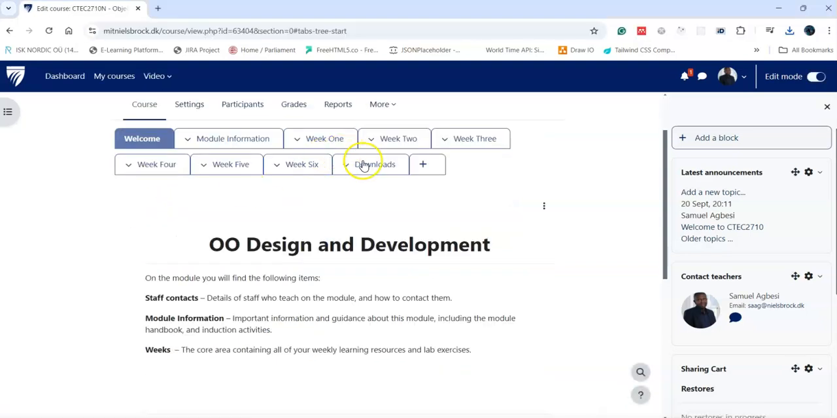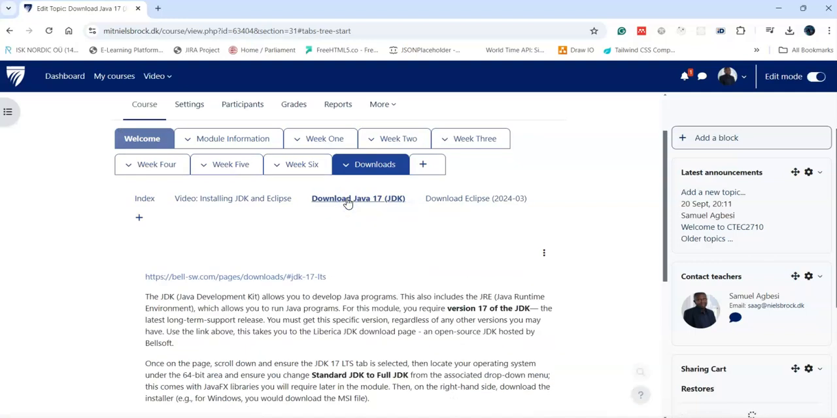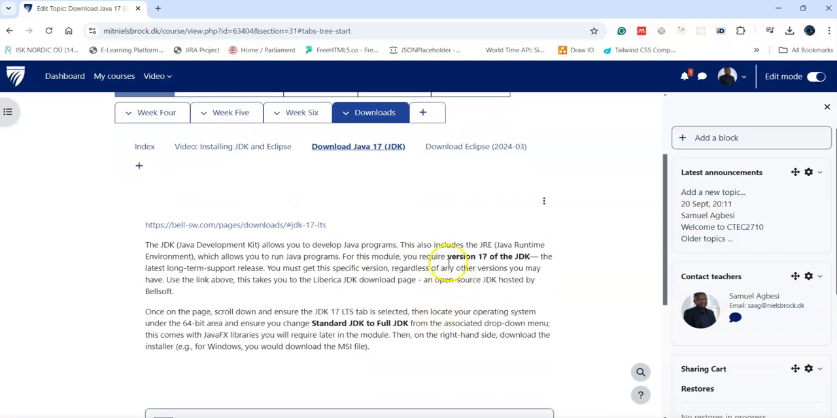Now, when it comes to the download session, you will see the video on installing JDK and Eclipse, which is the video I'm recording now. Now go to the download Java JDK. You need the Java JDK 17 and you need the Eclipse. With the Java JDK, you need to go to this link and download exactly 17 LTS. That version contains the packages, especially the graphical user interface, that we are going to use in the course of this module. So click or go to this link